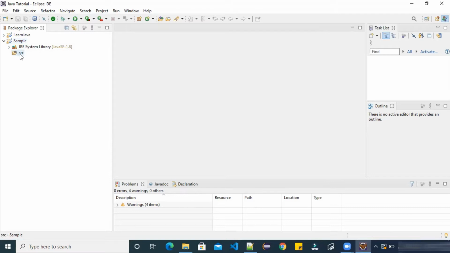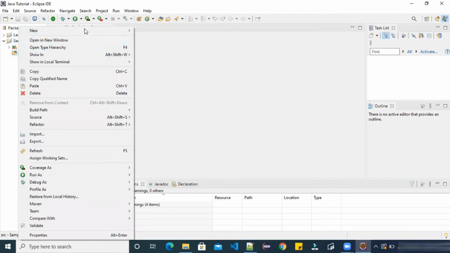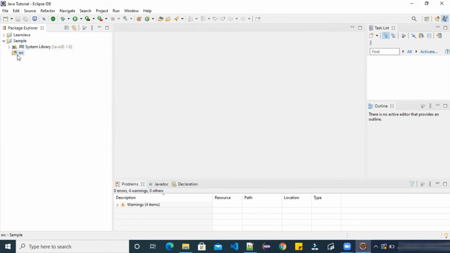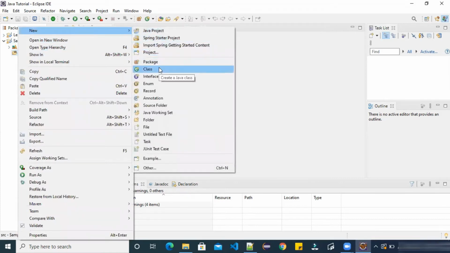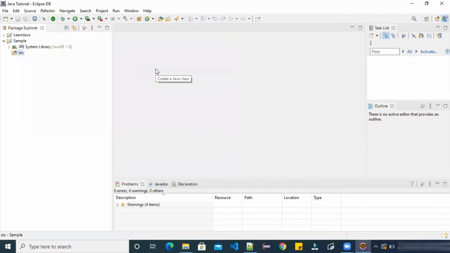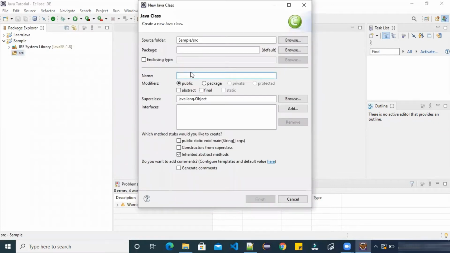Click on this src, this is package. Let me create a class. Right click on src, go to new and class. You can see here package, class, interface. We can define anything. For now, we are going to create a new class, a Java class. Let's name it DemoClass. Here we have the option to include public static void main also. If we check this, then we are able to add this automatically. Click on finish.